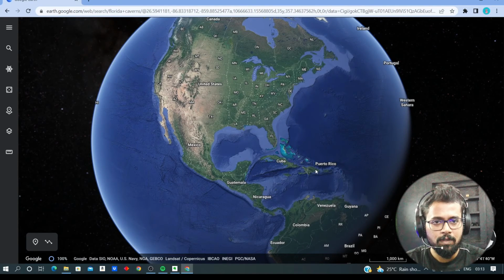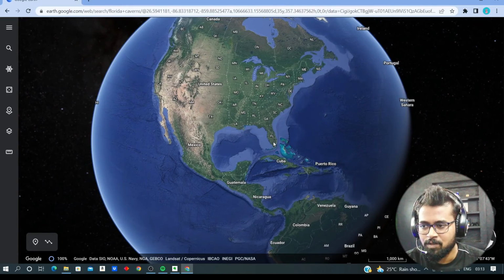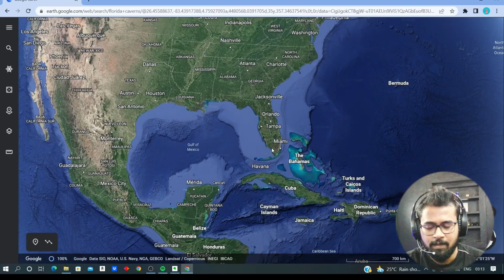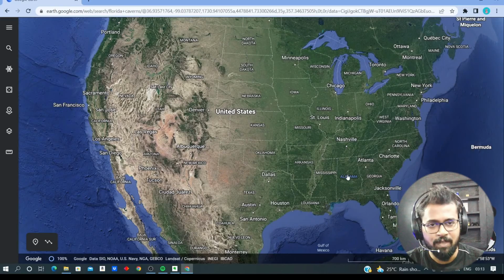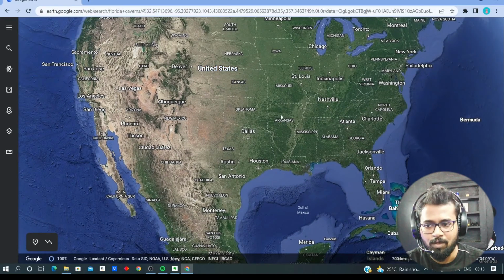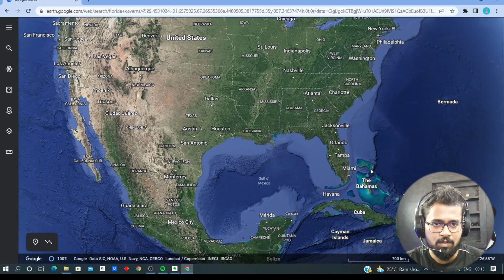So these sinkholes are very famous in a state of United States of America. Which state? The state of Florida. Okay, so Florida is located in the southeastern part of USA, right? So I am zooming into Florida. So this is United States. You can see on the screen, this is United States, and to the southeast of United States you will be able to see the state of Florida,